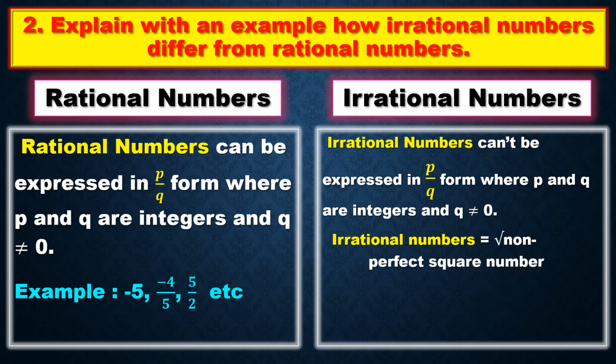Because when you find the square root of 32, you will get a decimal form which will be non-terminating, non-repeating. This we'll see in the long division method. So the numbers which cannot be expressed in p by q form and the square roots of non-perfect square numbers, these two come under irrational numbers. I can give examples like root 2, root 7, root 8, etc. So let us go to the next one.